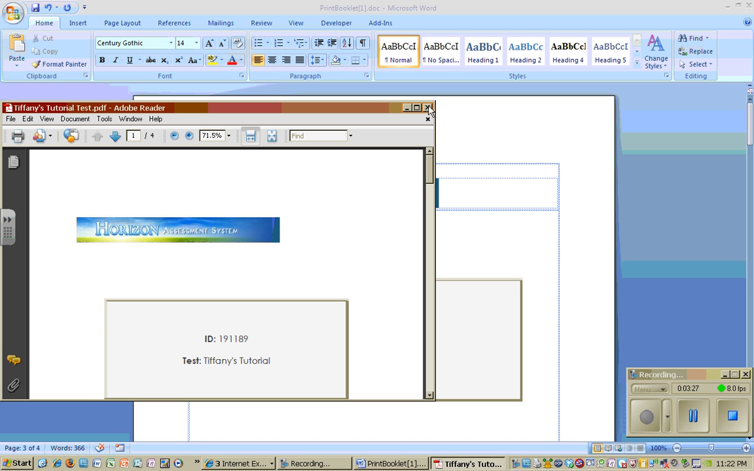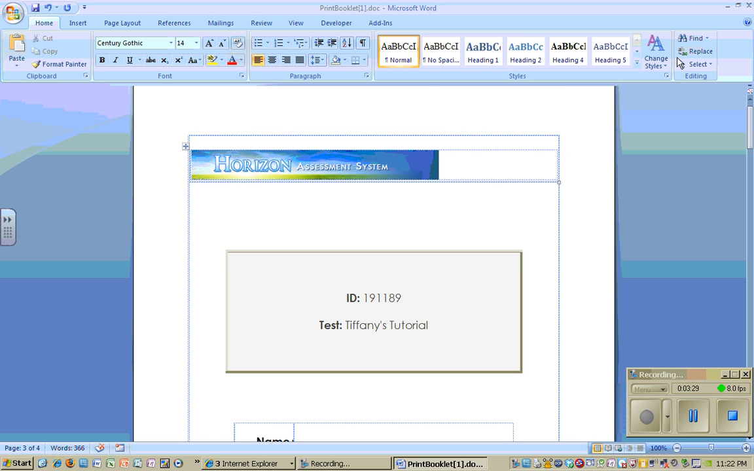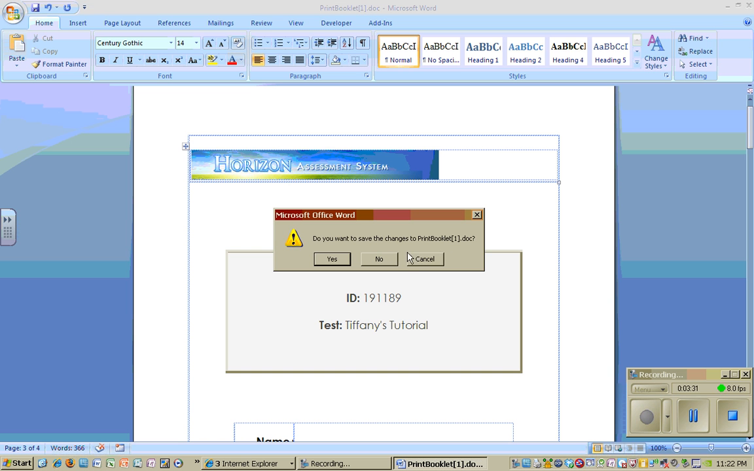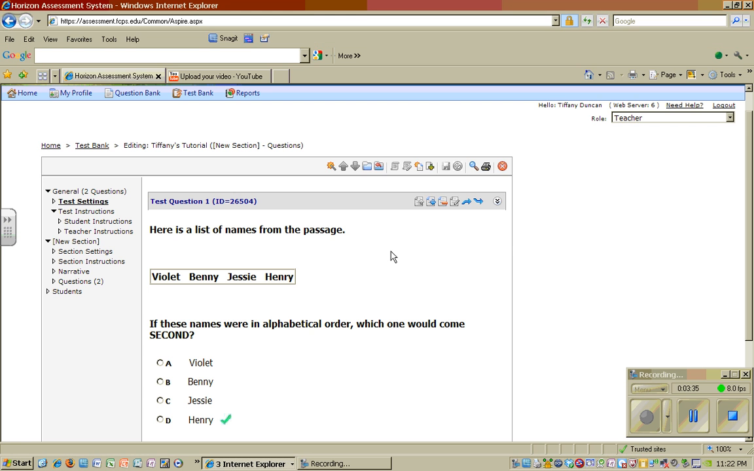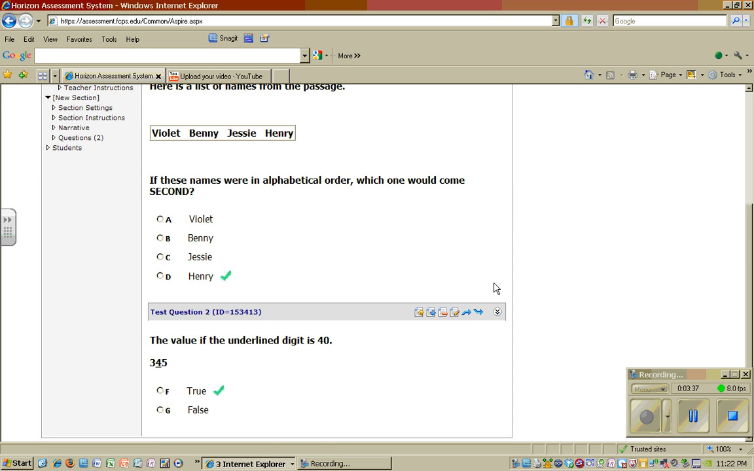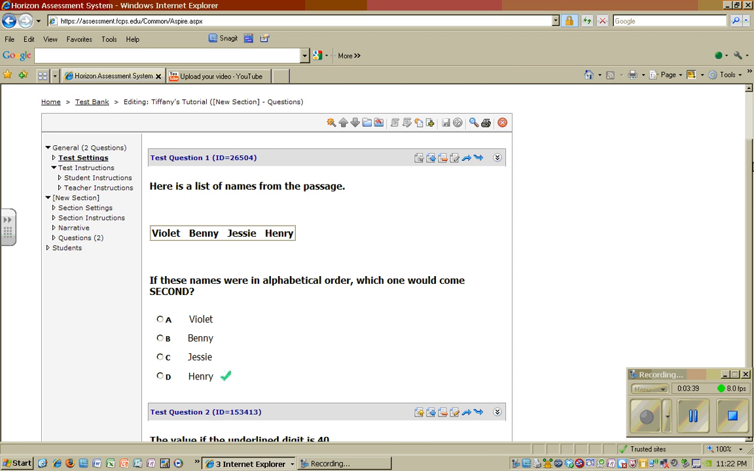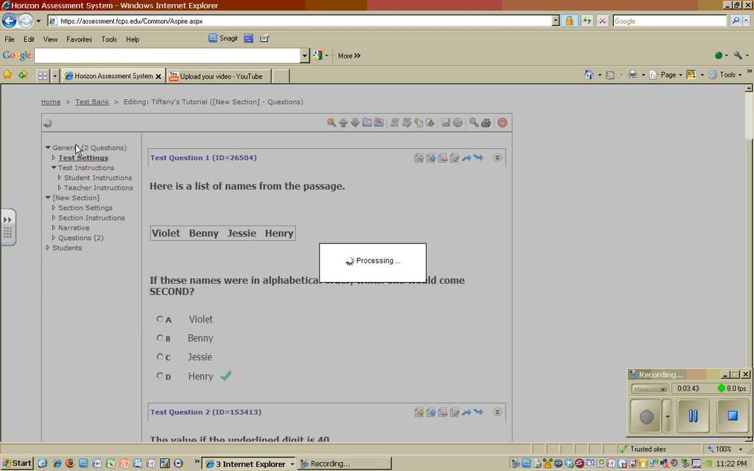Okay, so I'm going to go ahead and close that out, and I'm going to close this, and I'm not going to save it because I don't need it in Word form. So I'm just going to say no. And then down here, I'm going to go back up to the test settings, because that's where I can